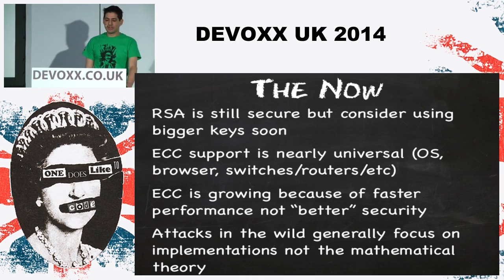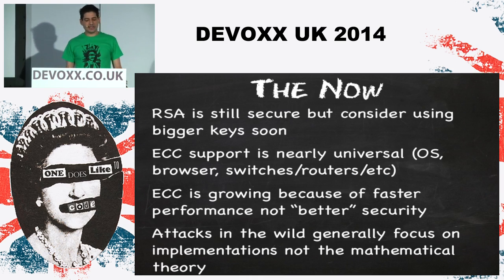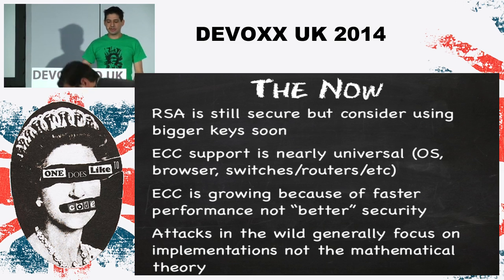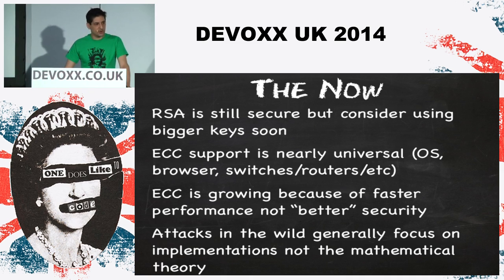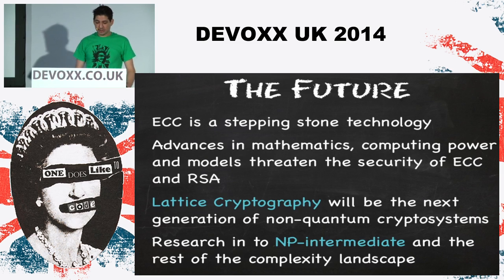ECC in the wild. So ECC is going to be the next protocol, the next type to use. RSA is still there. You should increase to 2048-bit length keys as soon as you can. 1024 is just about okay at the moment, but the recommendations are that you should upgrade to 2048. And because of that, ECC is growing popular because it needs smaller key sizes, it grows and it performs better. And at the moment, there aren't that many attacks on it.